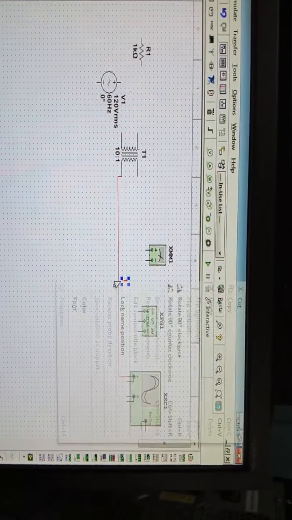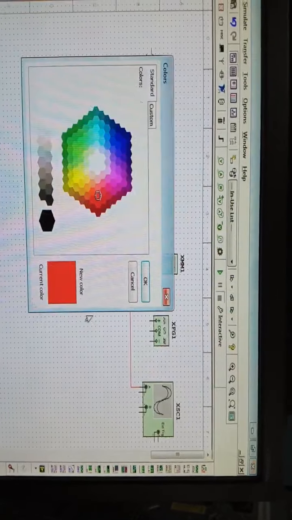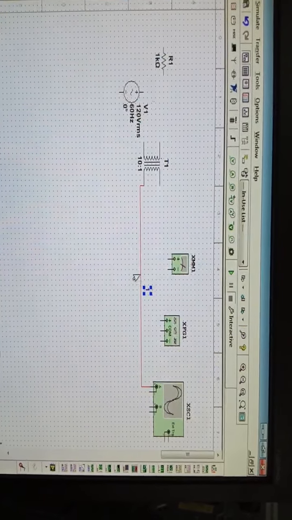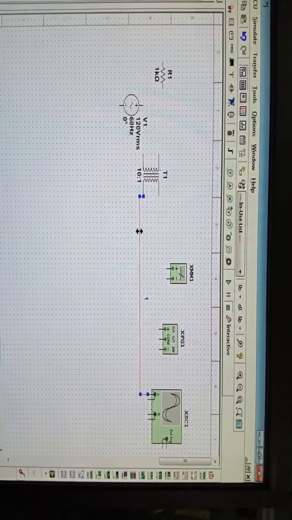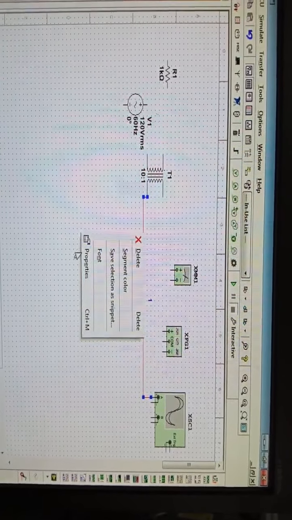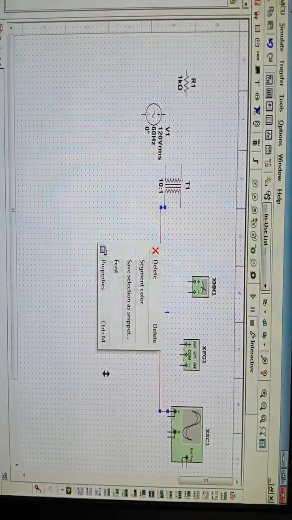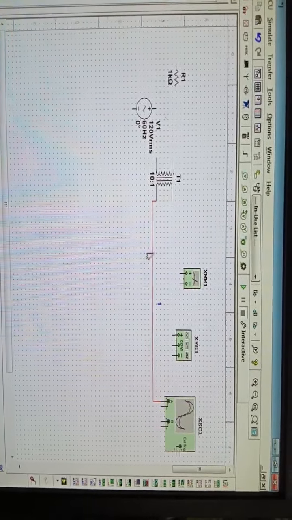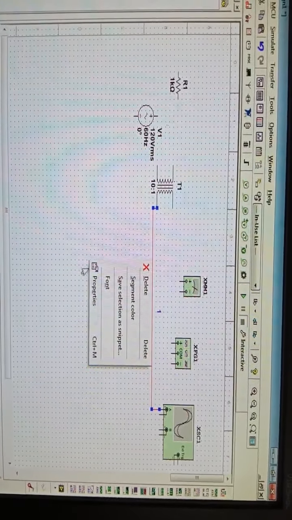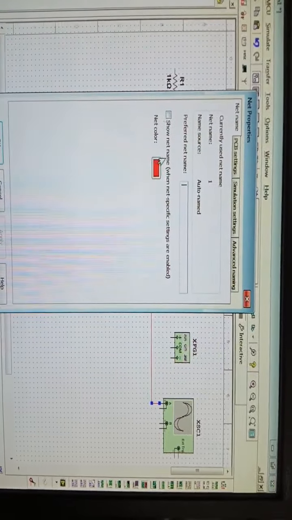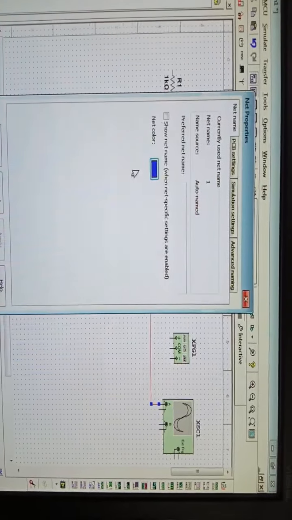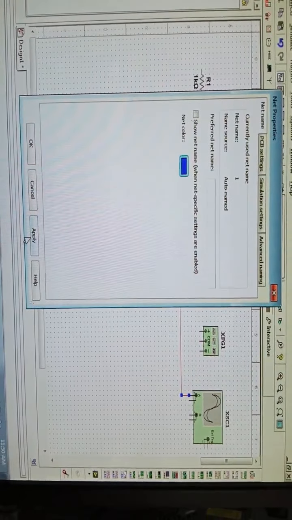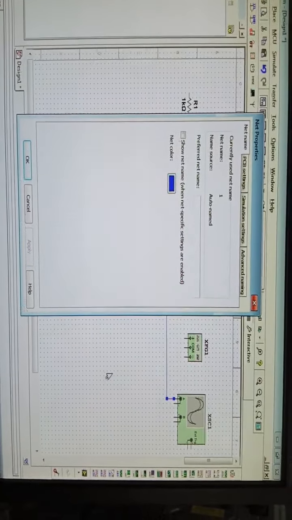Now if you want to change the color of this, double click on this line, go to properties, change the color, and apply.